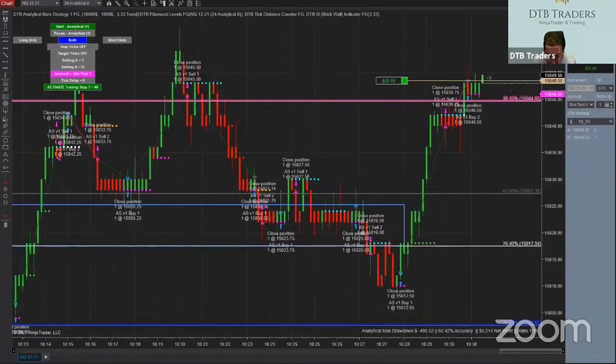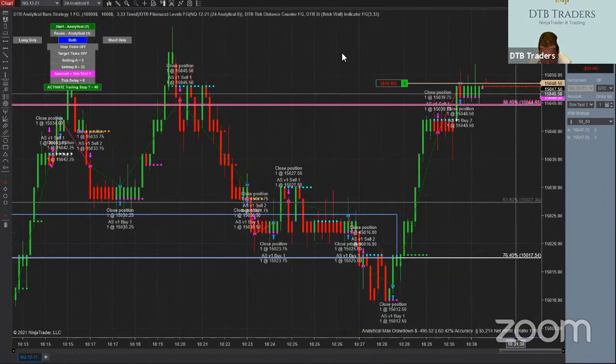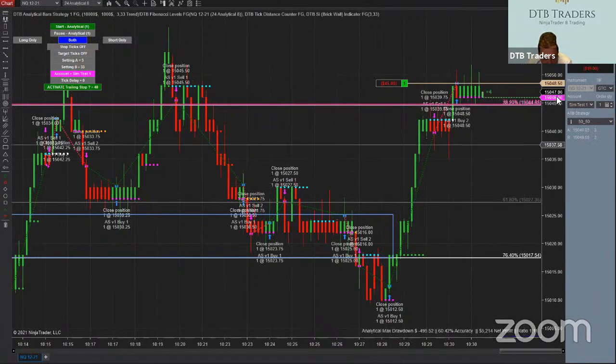So it looks like it's consolidated above the 38.2, which probably means that this is going to go up nicely. Obviously, it hasn't gone that far above, but looking at our other charts,